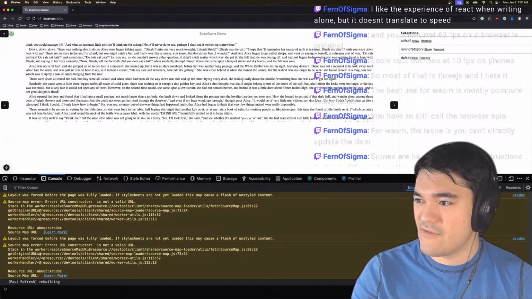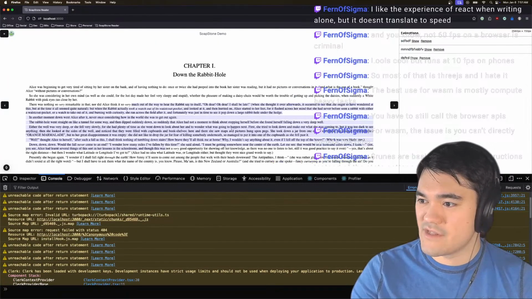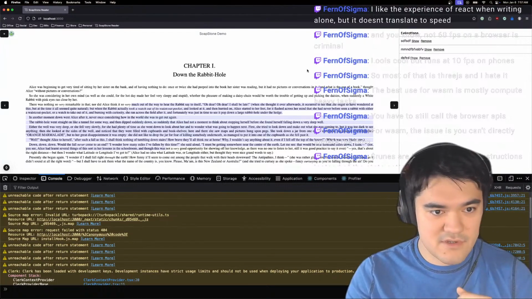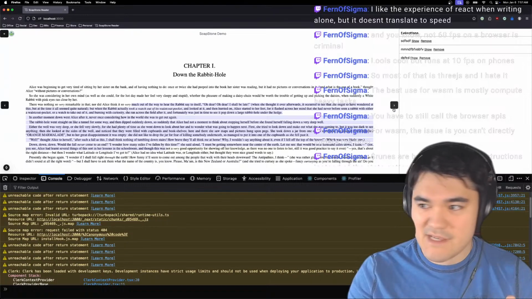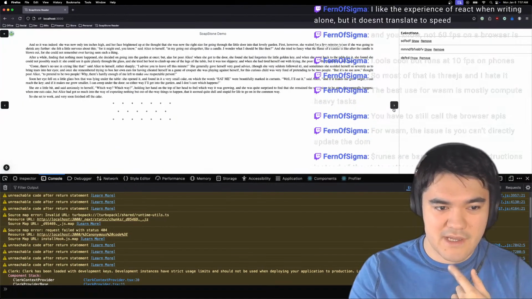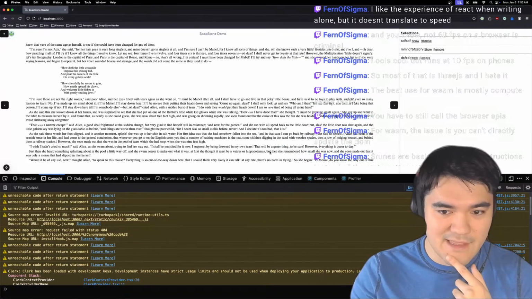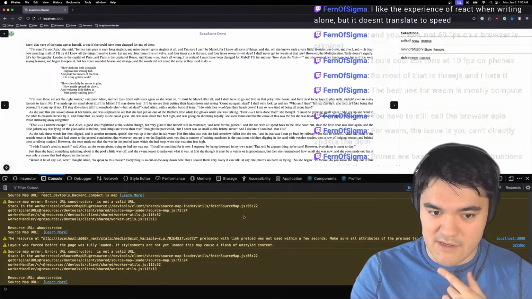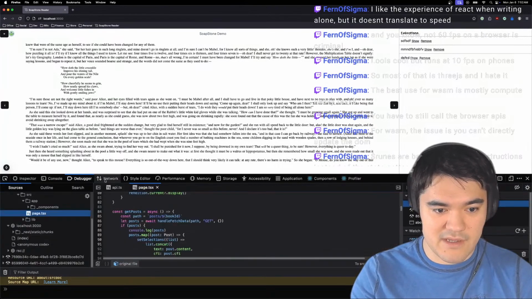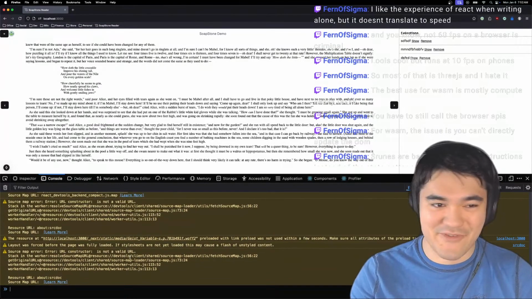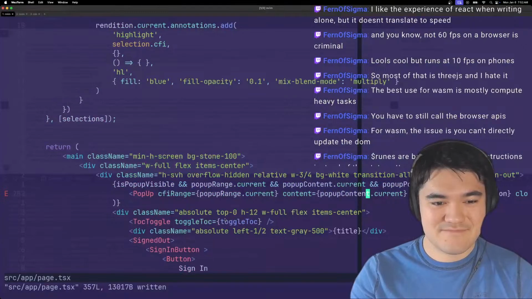Just the amount of re-renders you trigger all the time. Just opening up this book and flashing it to the right page, I had to do a re-render. I think that's fixable in my code base with React, but there's still a lot of that kind of stuff. And in debug mode, basically everything gets doubled on init, which is very annoying because then I'm just hammering my back end for no reason. Um, anyway,